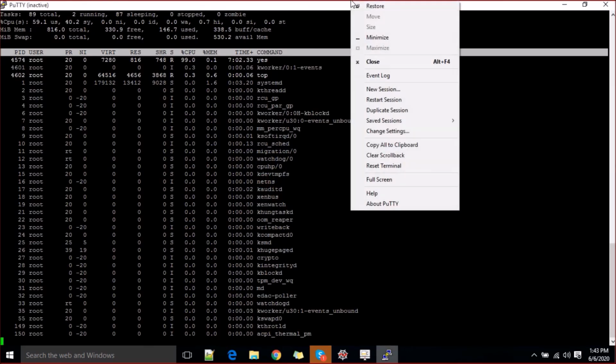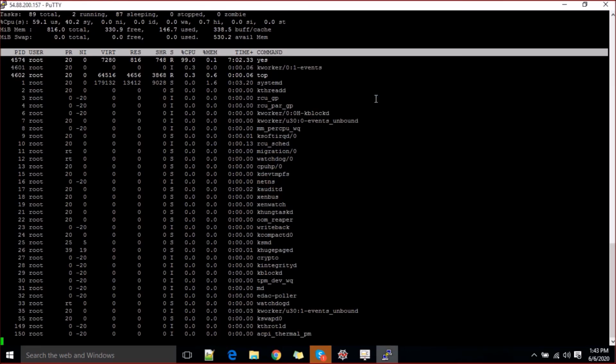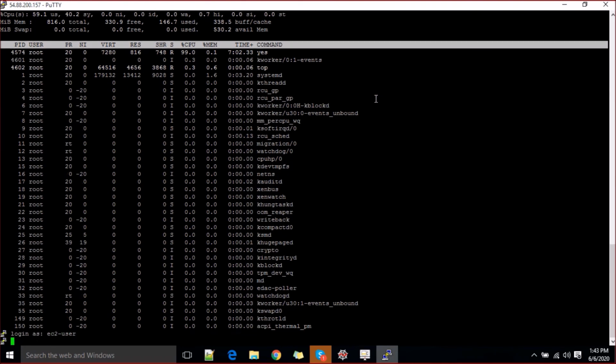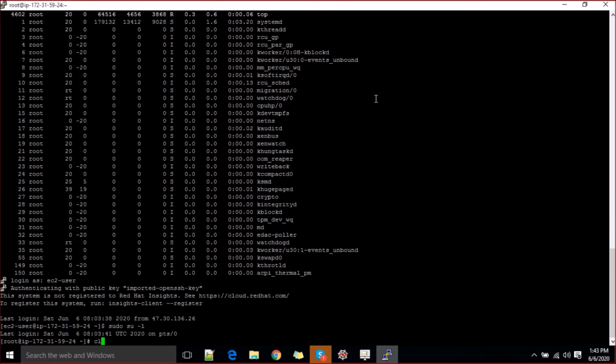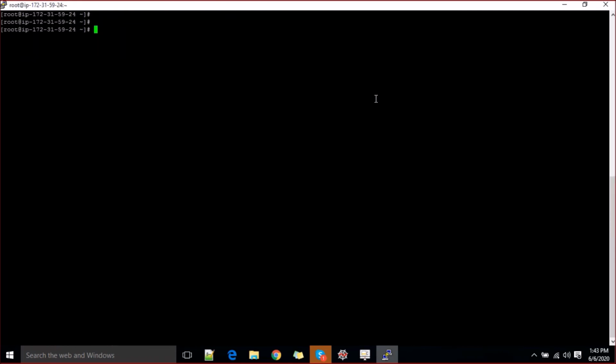Okay, let me restart it. Now you can see the instance has come up again. Now if you do uptime, you can see this happened just 1 minute before. The system was rebooted after that alarm was triggered.